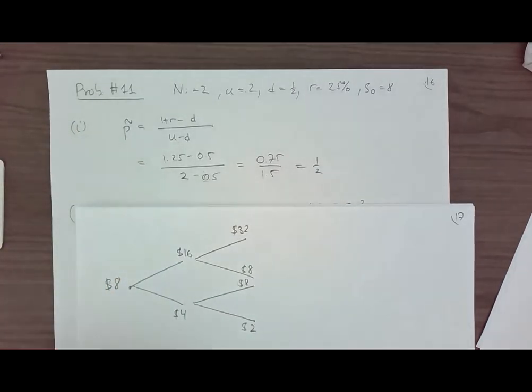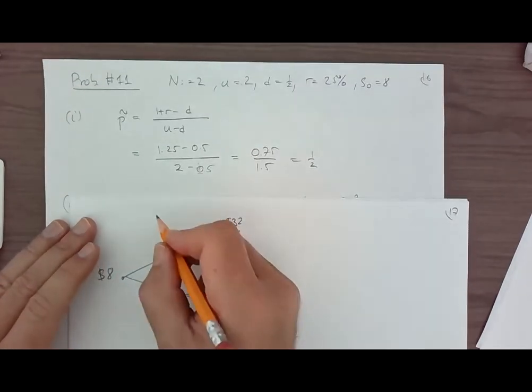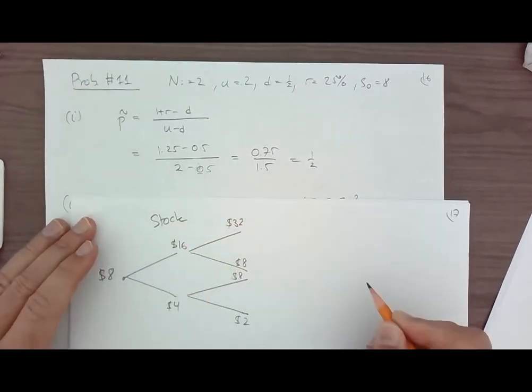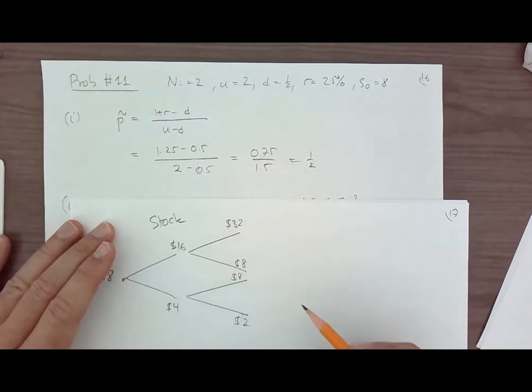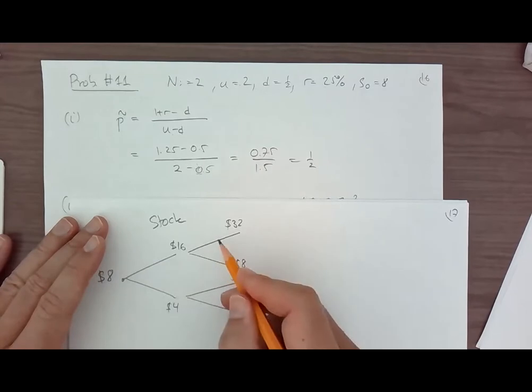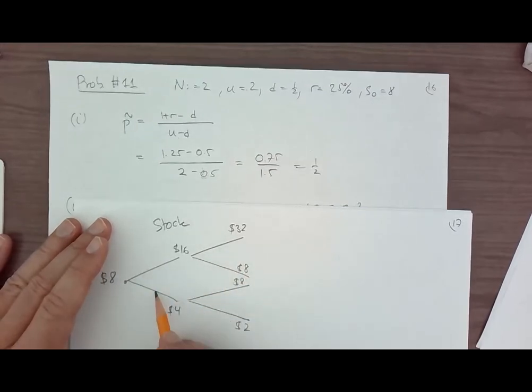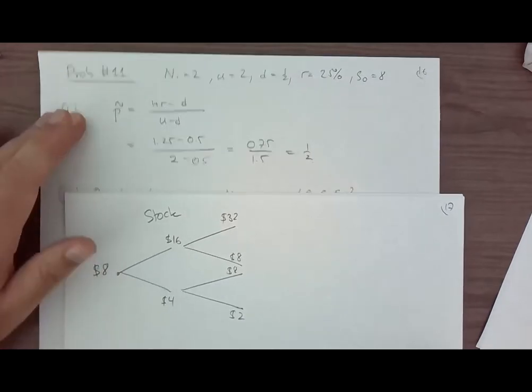So what does the payoff look like? So this is the stock. Right, so we also want to have the derivative. The payoff here is going to have 4 possibilities. Right, so we have heads heads, heads tails, tails heads, tails tails. So if we look at the payoff